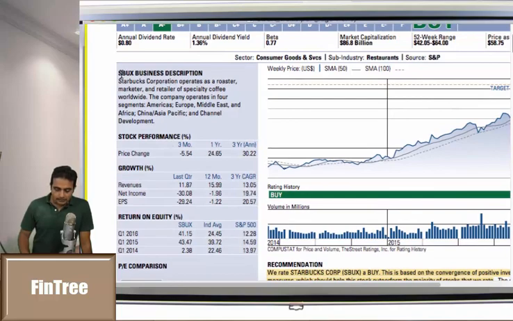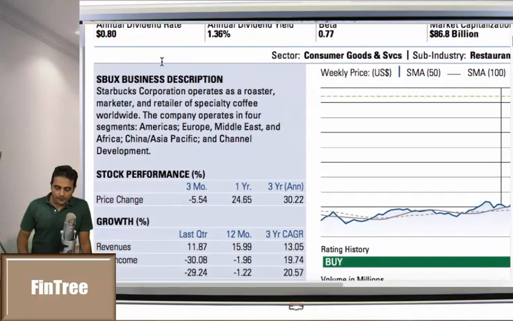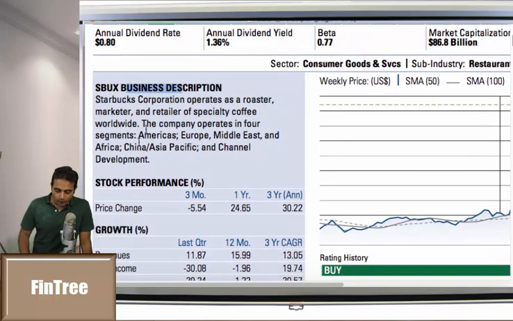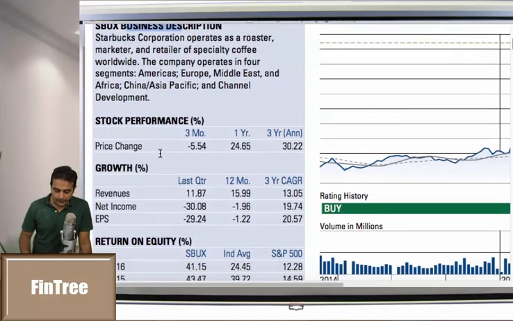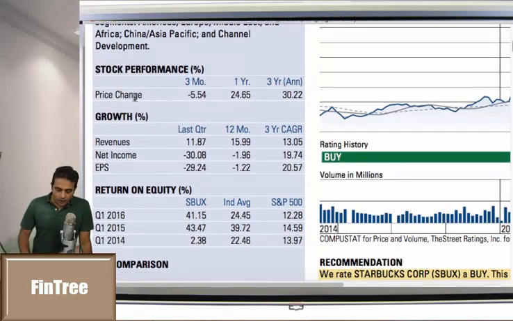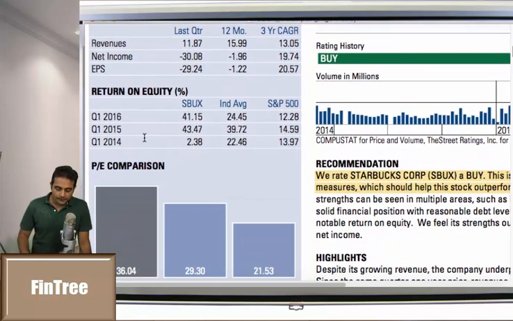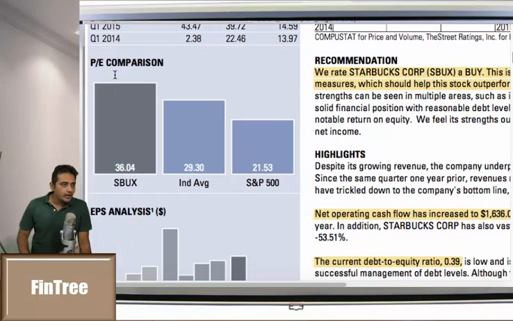There is some discussion here on the business model, where it says it operates as a roaster, marketer, retailer of specialty coffee. It operates in multiple areas, so it's a very brief description. Towards the middle of this report, we will also see a very elaborate discussion on industry characteristics. Then stock performance, and some key numbers are given: growth, ROEs, and then we also have a PE comparison,